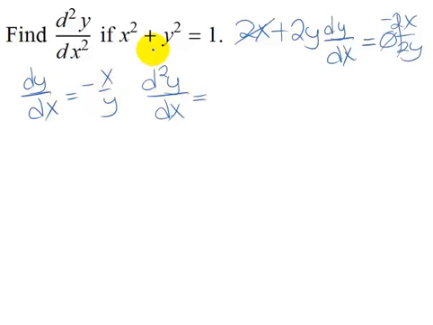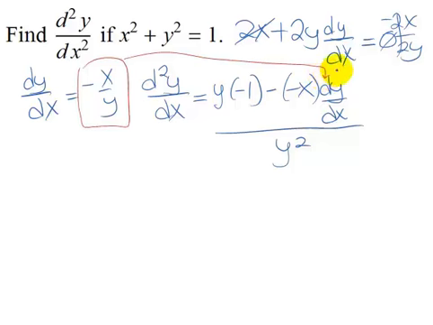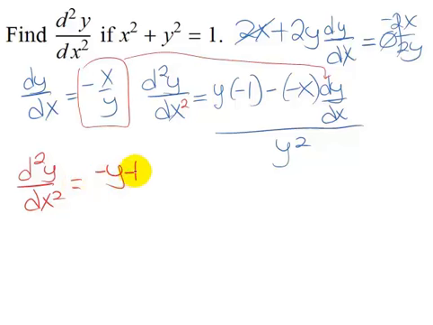All right, we've got a quotient rule, so we have bottom times the derivative of the top, minus the top times the derivative of the bottom, which is dy/dx, all over the bottom squared. Now let's see what we can do to simplify this, and we don't want that derivative in there, but we know what the derivative equals, so we can substitute that in right there, and we would have the second derivative, whoops, I didn't get a 2 on there, equals negative y plus x multiplied by x over y